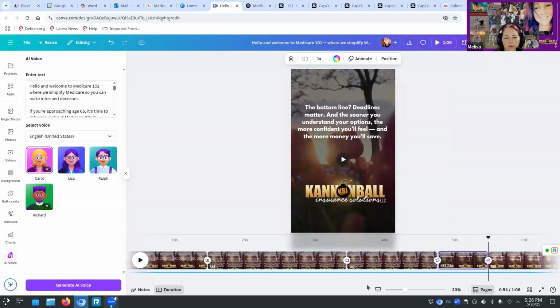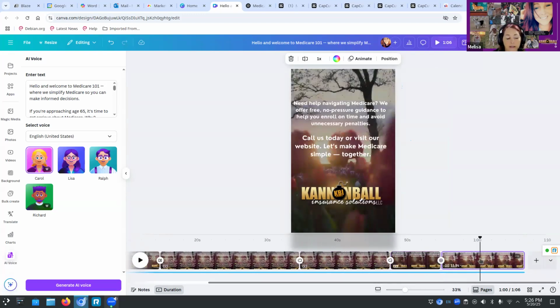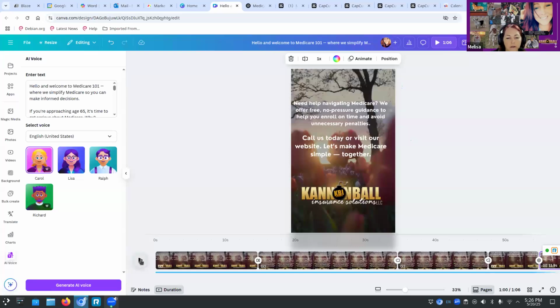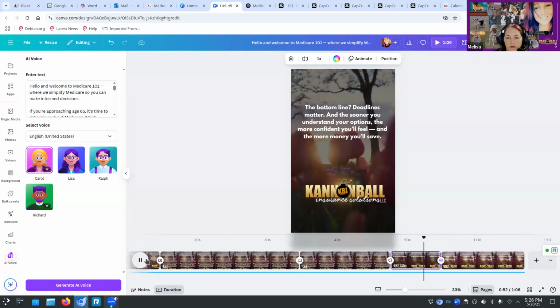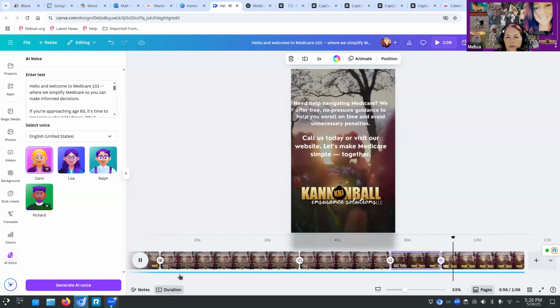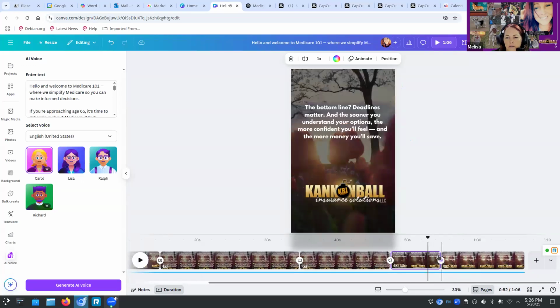So it's whichever one you're more comfortable in. Like honestly, I'm more comfortable on CapCut on my phone than anything. "No pressure guidance to help you enroll on time." See if I got it there. "The sooner you understand your options, the more confident you'll feel and the more money you'll save. Need help navigating Medicare? We offer"